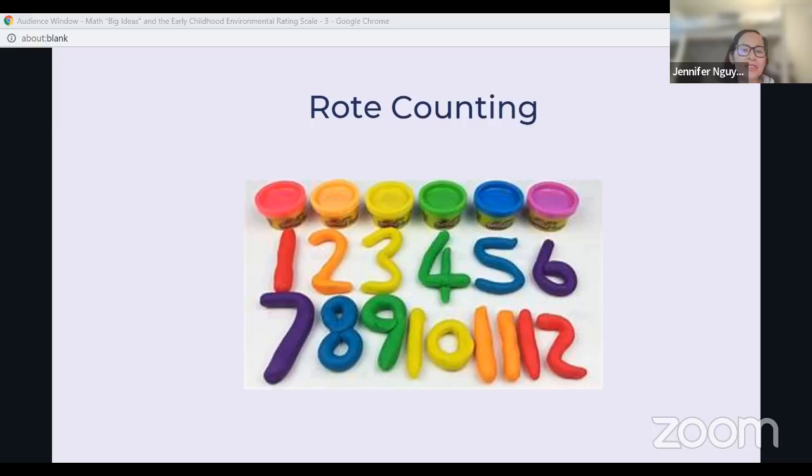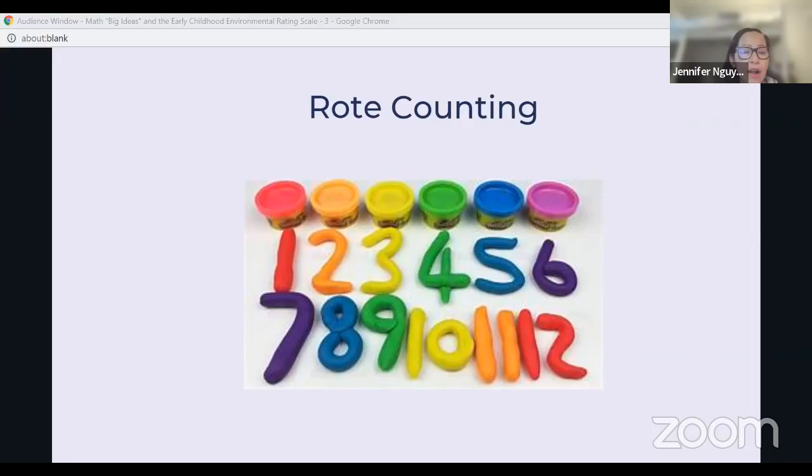Okay, if you see the slide and you ever watched Sesame Street, most likely you're reading it like this: 1, 2, 3, 4, 5, 6, 7, 8, 9, 10, 11, 12. That is rote counting. Rote counting, simply put, is just counting and reciting numbers through memory. So as you can see, when you sing that song, you're singing a number song. However, it's not really teaching us number sense.